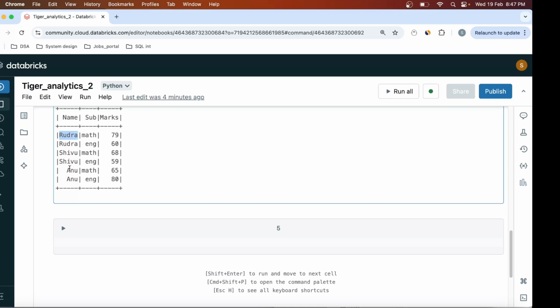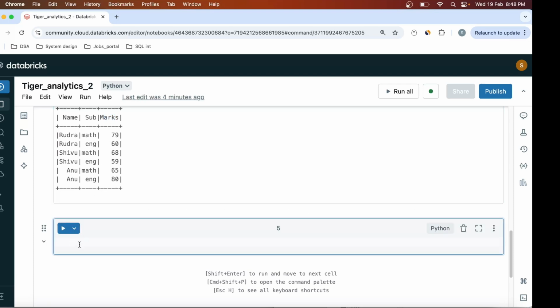Once I group it by name, I can do a pivot. I will pivot by subject, and my marks will be aggregated, so that I can get the marks for each particular subject for each student.